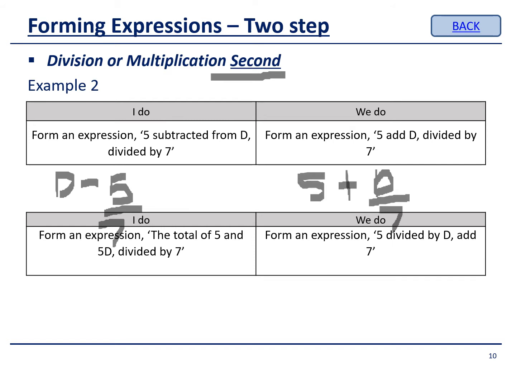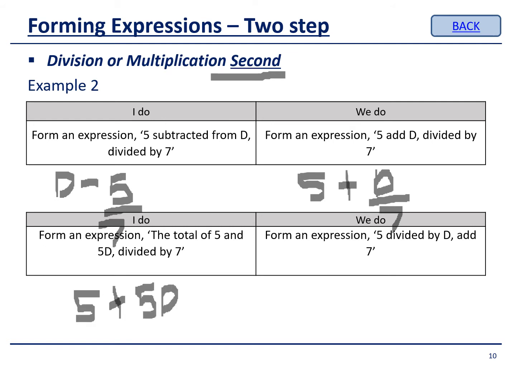Excellent work if you put 5, add d divided by 7, like this. Okay, the next I do, form an expression, the total of 5, so the total meaning altogether, adding, and 5d, so the total of 5 and 5d divided by 7. 5, total, adding, 5d,